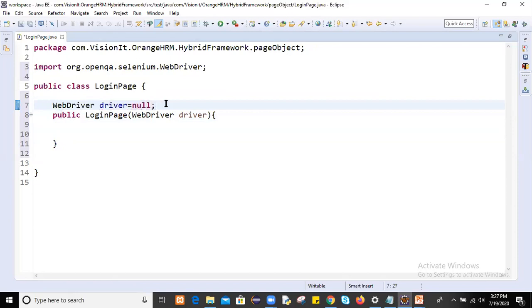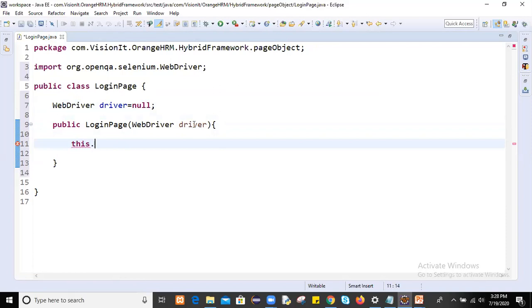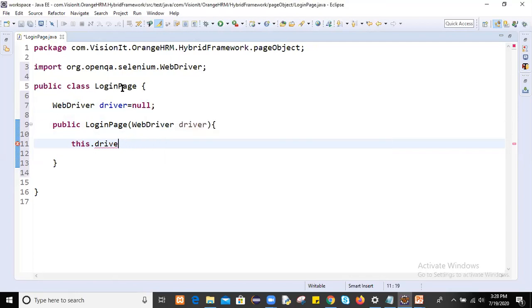So how will you convert? We'll use a Java concept: this.driver equals whatever local driver we are getting. The moment you create an object of this login page and pass the driver, it will invoke this constructor.